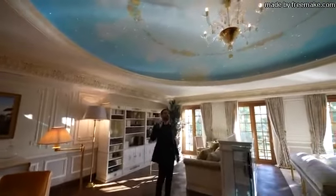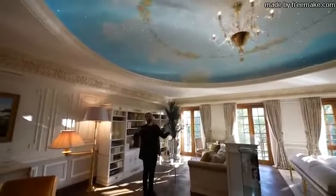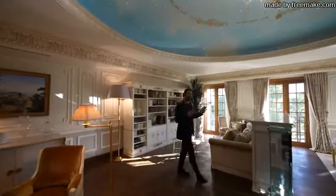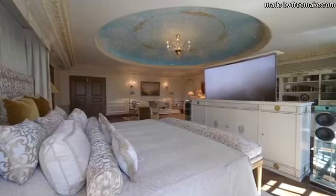And if you look closely, you can actually see the fiber optic lighting throughout the ceiling as well, with a chandelier right in the center. Room is extremely exquisite. We have another seating area here with some built-in bookshelves, and to keep the room elegant and timeless but yet bring the technology, right inside of this dresser we have a pop-up TV that is facing